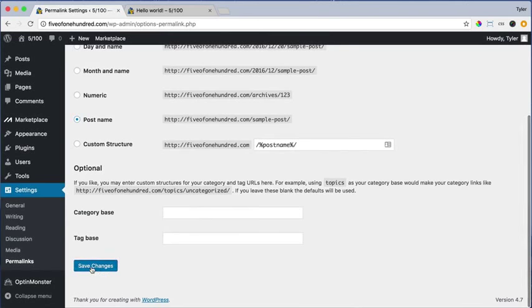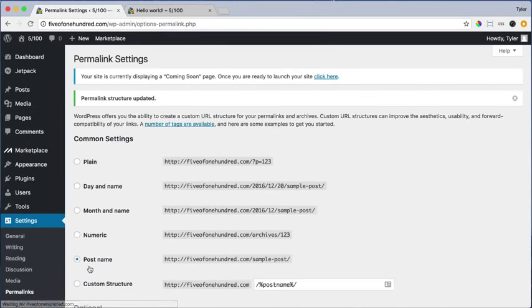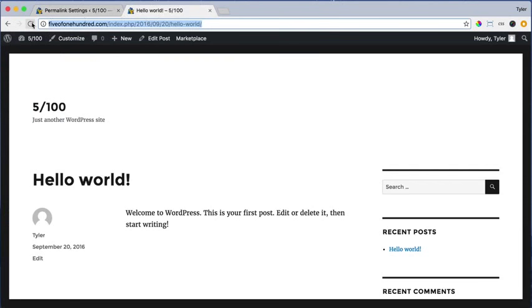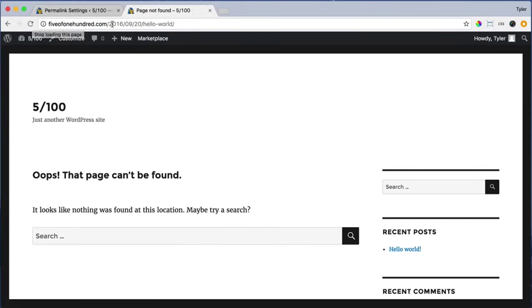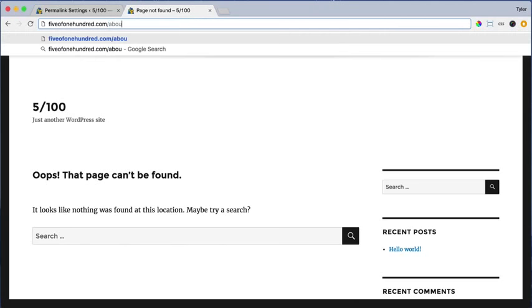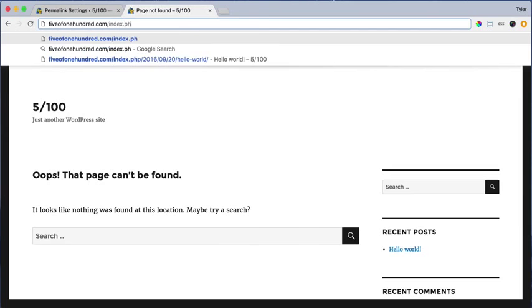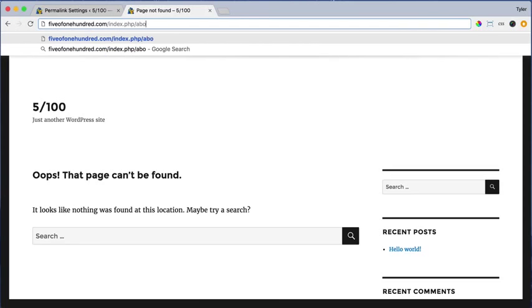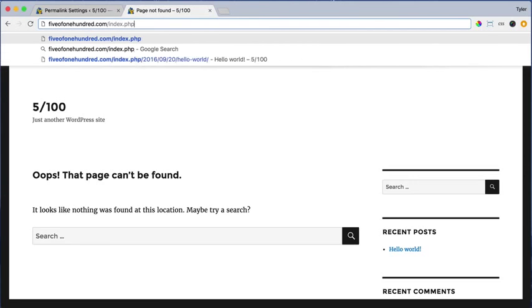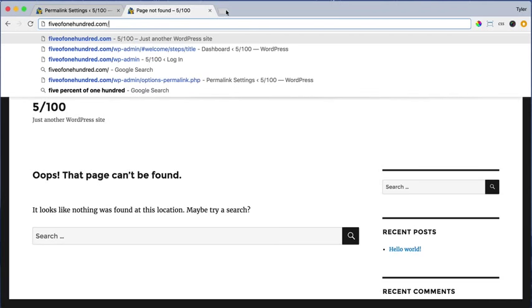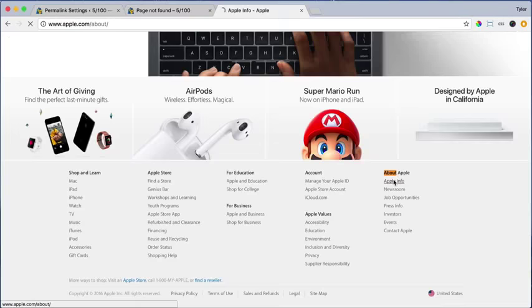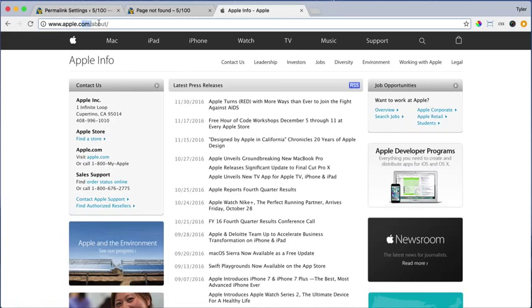Then press save changes. Now once we do that, if we refresh here, we can see that it takes out that index.php. And that's because you don't want, if you make an about page, it would be /about, right? You don't want /index.php/about. That looks super unprofessional, and that's not what any other website does. If we go to apple.com and we go to their about, it just has apple.com/about. It doesn't have